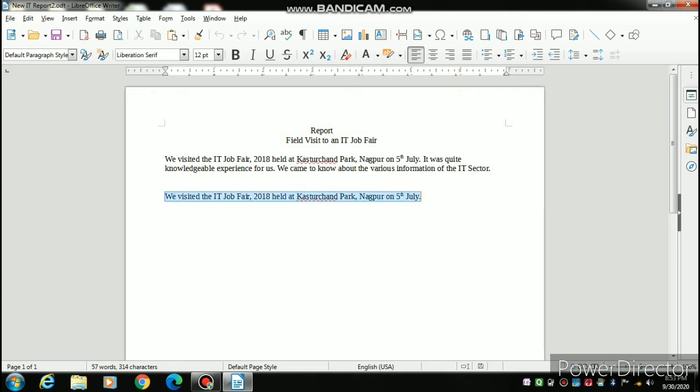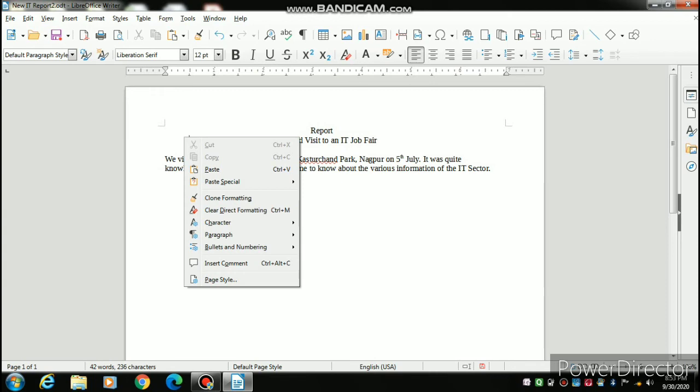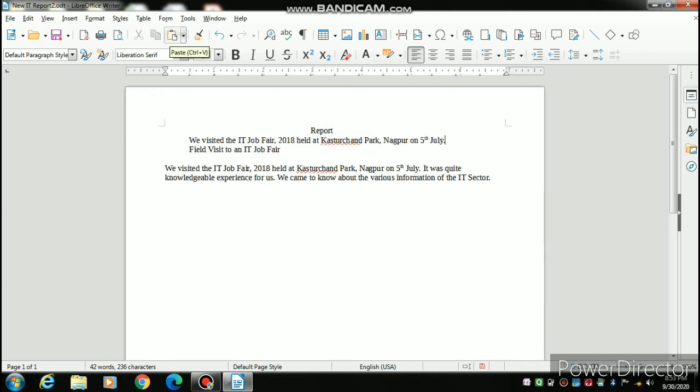So I will select this text and simply use cut. When I cut, you can see this text disappears, but don't worry, it is saved in the computer memory. Now this time you simply click on paste. You can see my text once again reached the first line, the first para of your report.